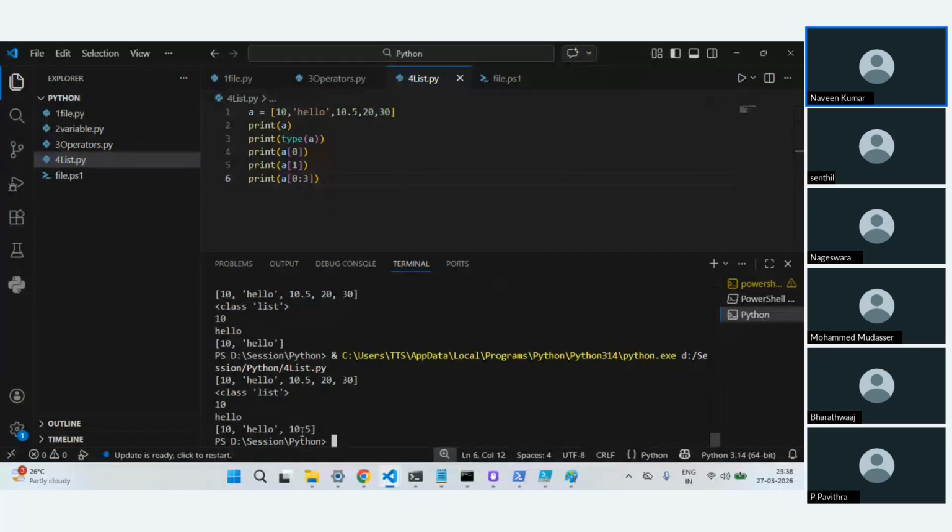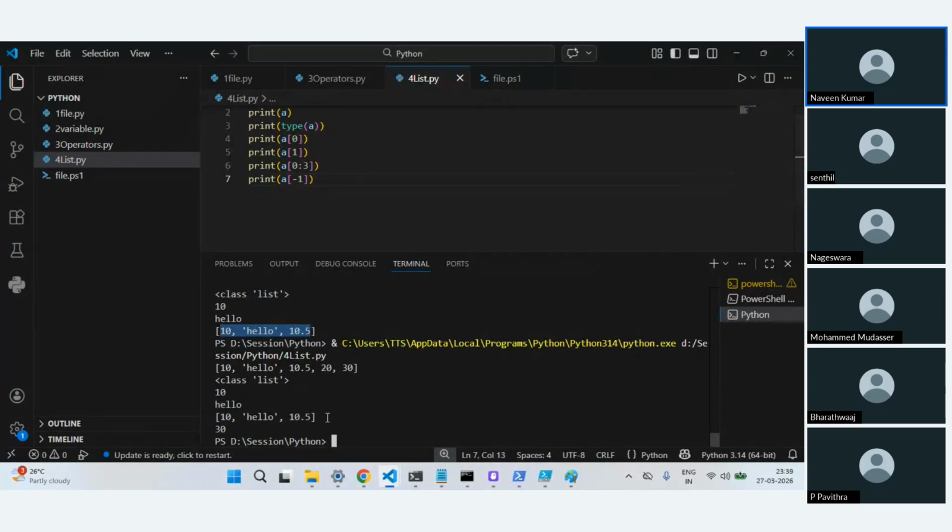This will print the third, I mean, the index position 2 also. So that is how you can slice a specific portion of your data in your list and get it. Similar thing, like whatever we have seen, it is coming from this side. I can also reverse this. If I do -1, it's going to come from the end. So in this case, 30 is the last value. It is picking that if I go with -1.